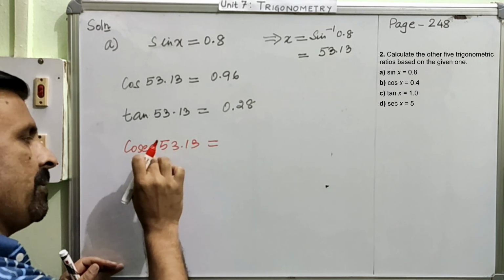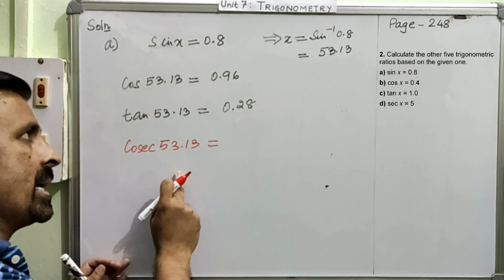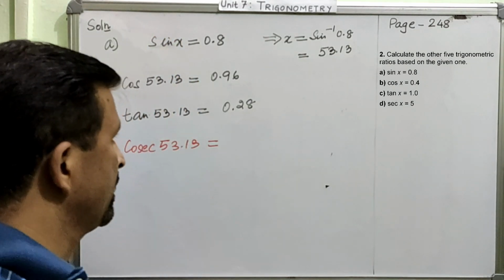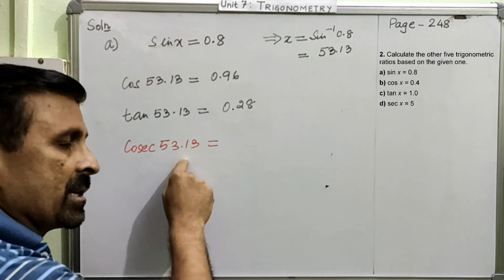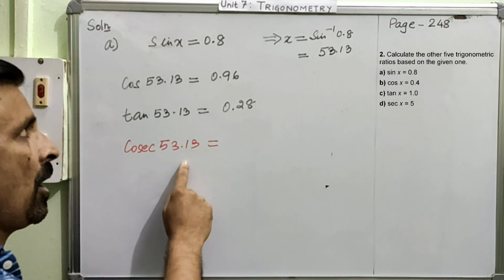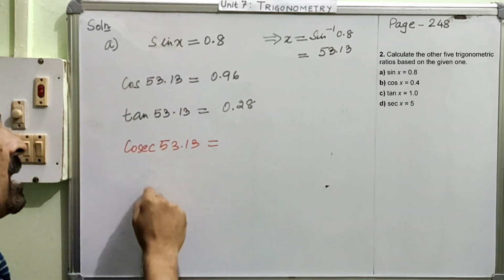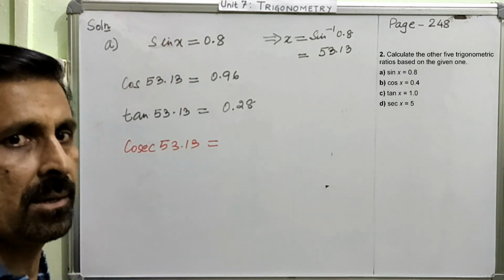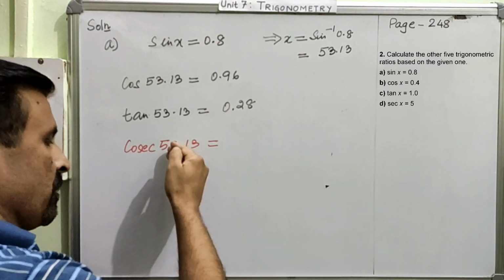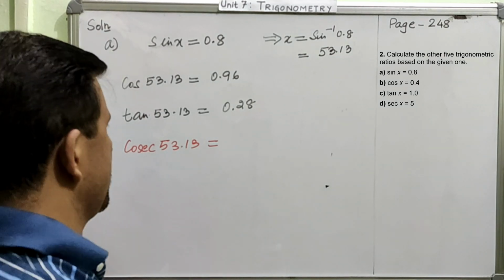The value of the reciprocal of the trigonometrical ratio will be calculated in terms of the fundamental trigonometrical ratio. That means by using this trigonometrical ratio, we will be able to find out the value of these reciprocals. Okay, so see how it is. Once we have calculated for this one, calculating the value of the reciprocals also is very simple.